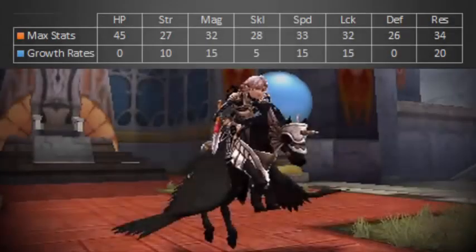I see what you did: hide the most overpowered class in the game behind a wall of DLC. Brilliant marketing, you cheeky bastards. Looking at the stats of this class, they're just like what you'd expect from a promoted Pegasus Knight. The poor HP and defense growth stand out as glaring weaknesses, but again, it's what you'd expect from a Pegasus